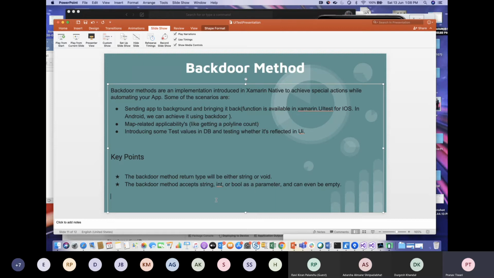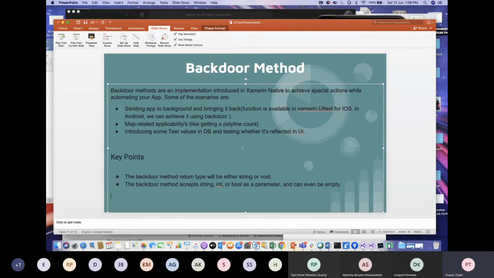And our backdoor method only accepts a string, int, or bool as a parameter. So from your backdoor method, if you want to pass some parameters, in my case I was taking trips and I have to pass a trip ID to my backdoor method to see how many trips that particular trip ID has. So I'll be passing the trip ID from my UI test.